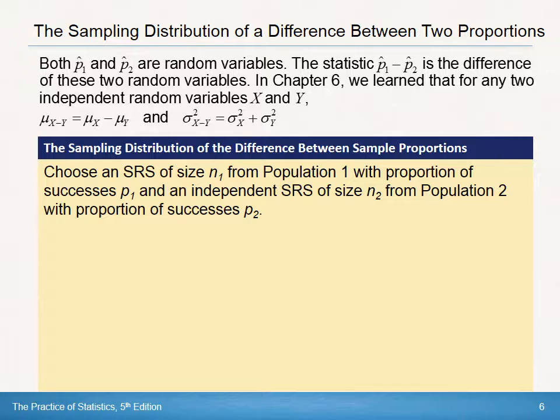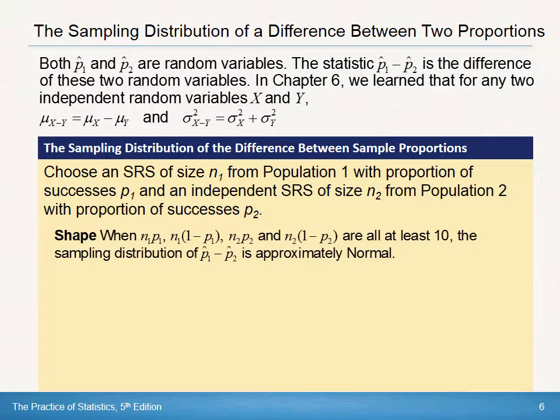So the sampling distribution of a difference between two proportions can be basically summarized with this. We choose an SRS of size n sub 1 from population 1 with a proportion of successes p sub 1, and an independent simple random sample of size n sub 2 from population 2 with a proportion of successes p sub 2. The shape: when n times p and n times q, we've been calling this q, and n times p and n times q for population 2 are all at least 10, the sampling distribution of the